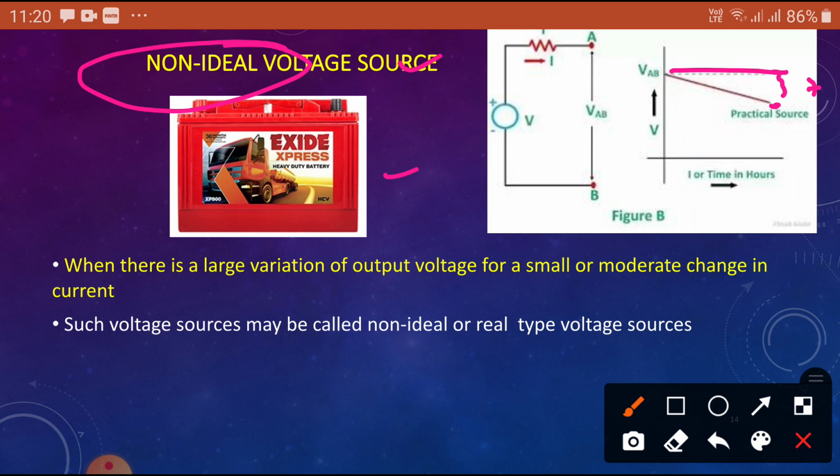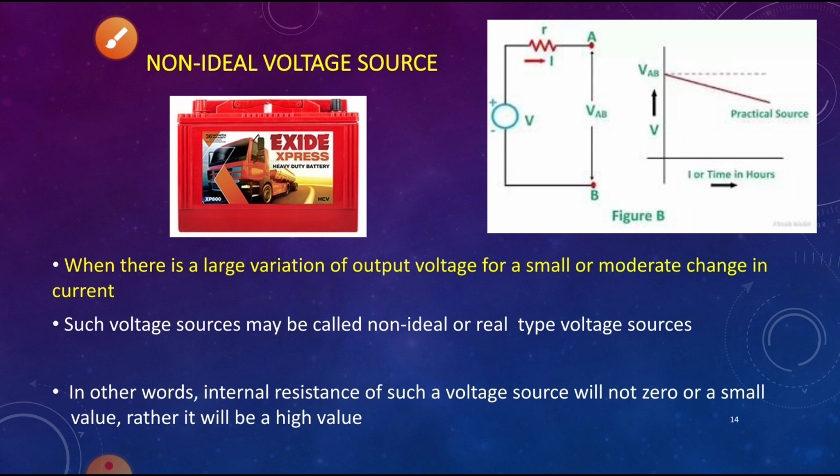Okay, so this is the one thing you have to remember. This voltage source may not be equal to this source. So there is a significant drop occurred here. If this drop is very small compared to a large variation of the current, then we can say ideal source. If not, then we can say non-ideal sources. Okay, so this is the one thing to follow. In other words, if the internal resistance of such a voltage source is not 0 or a small value,